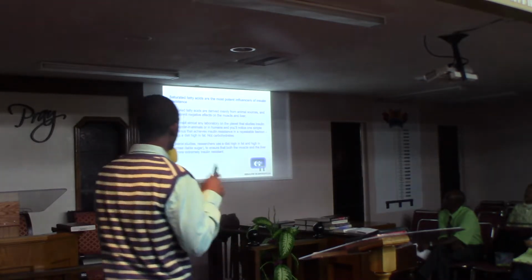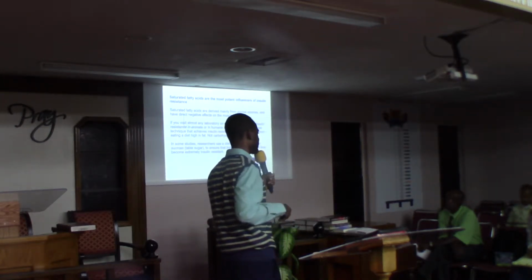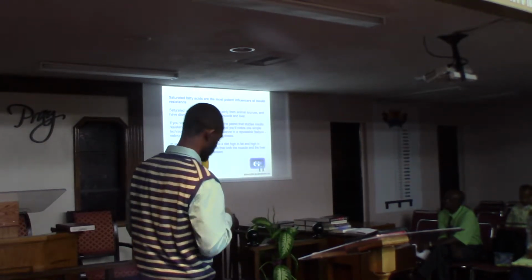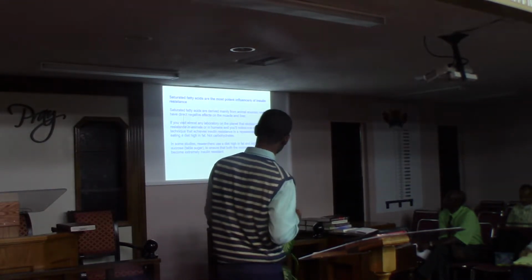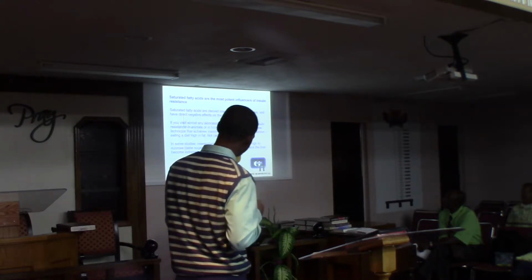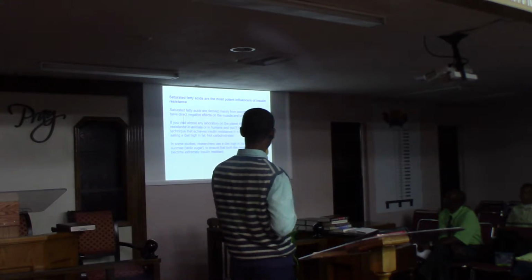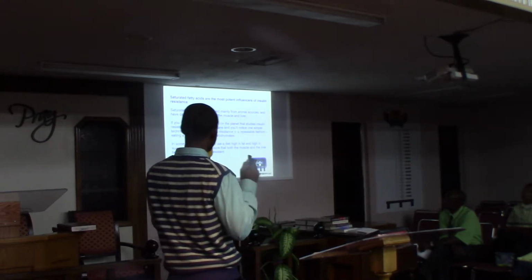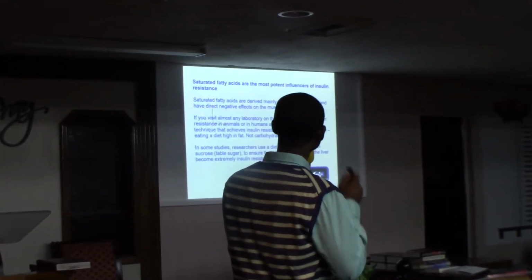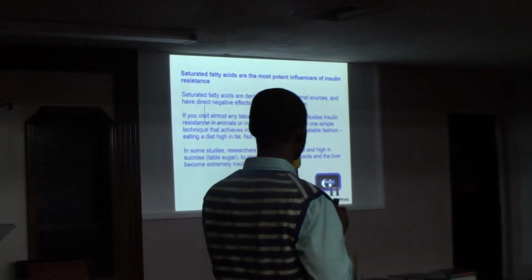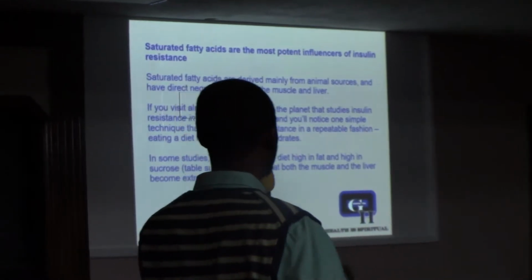Saturated fatty acids are the most potent influences of insulin resistance. And how do I know this? I'll show you. Saturated fatty acids are derived mainly from animal sources and have direct negative effects on the muscle and liver. If you visit almost any laboratory on the planet that studies insulin resistance in animals or in humans, you will notice one simple technique that achieves insulin resistance in a repeatable fashion: eating a diet high in fat,